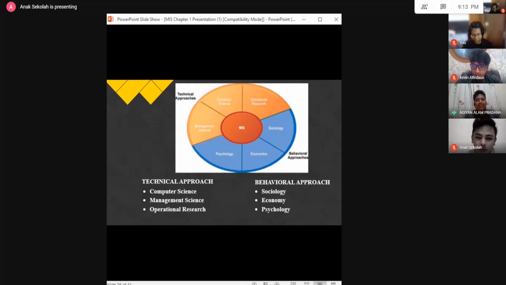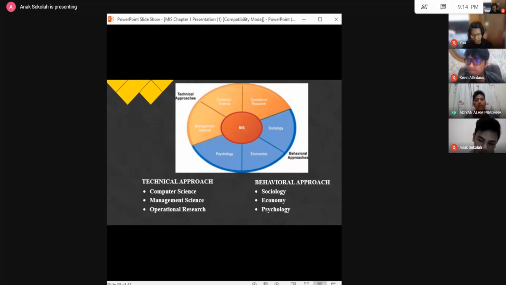Okay, and then the second is management science. Management science emphasizes the development of models for decision making and management practice. And then the last is operations research. Operations research focuses on mathematical techniques for optimizing selected parameters of organizations, such as transportation, inventory control, and transaction costs. Okay, and the behavioral approach side,